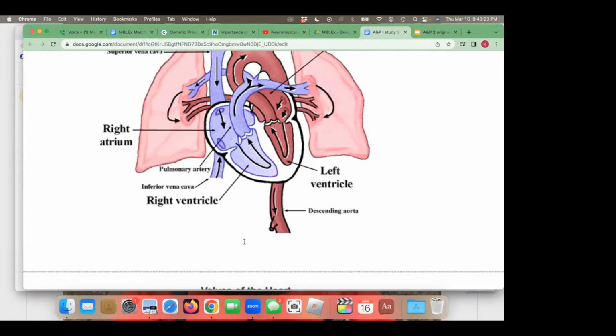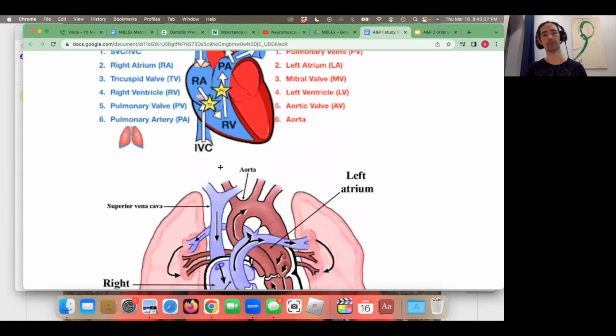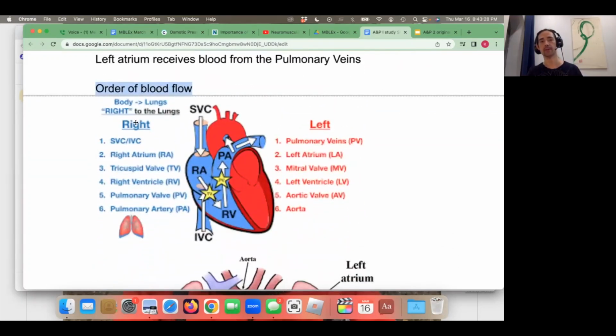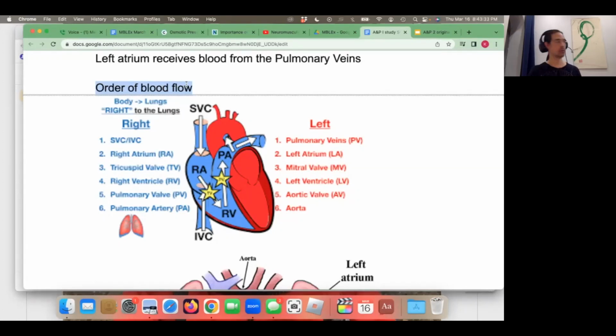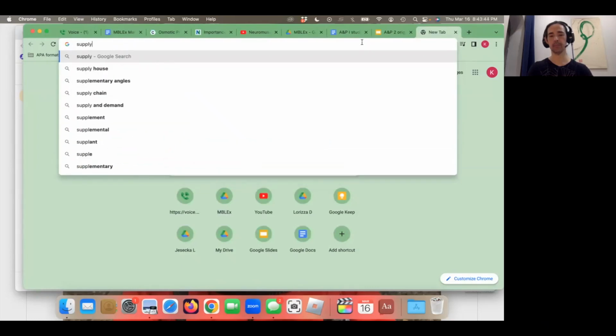And then it returns to the heart through the inferior vena cava and the superior vena cava. So if you guys want to get your heart knowledge together, really all you have to do is memorize the order of blood flow. Recall that the FSMTB was specific, that you do not need to know the structures that supply blood to the heart